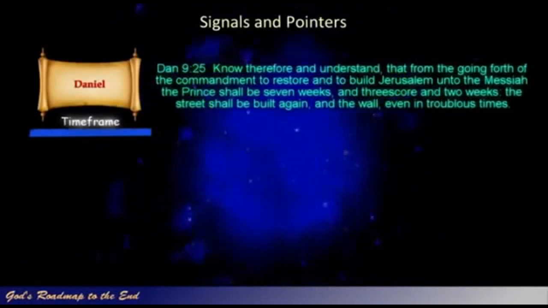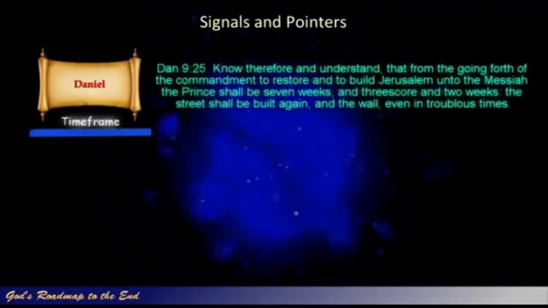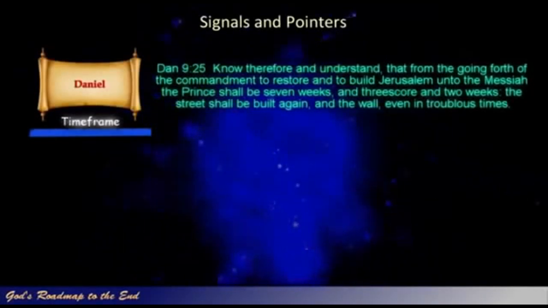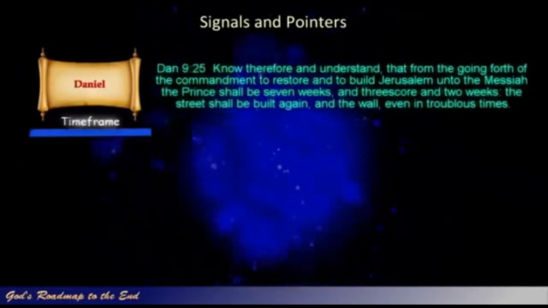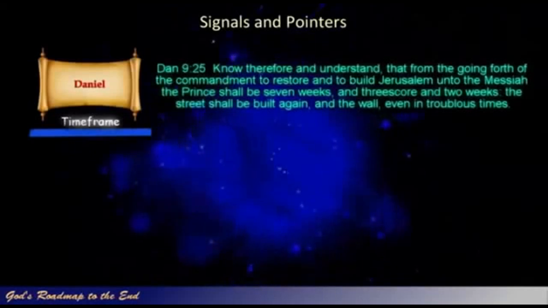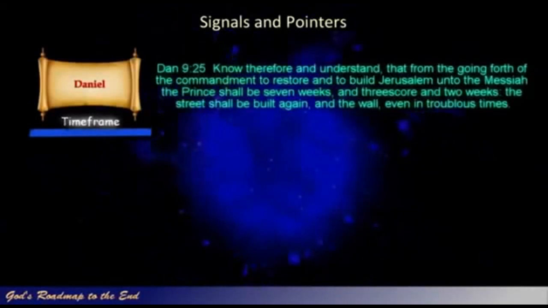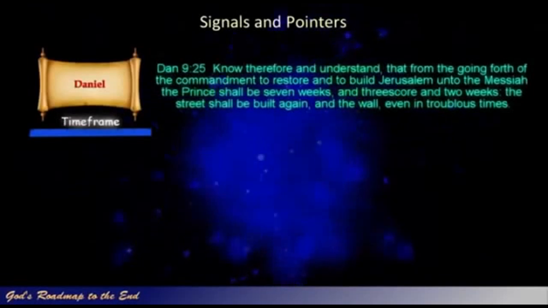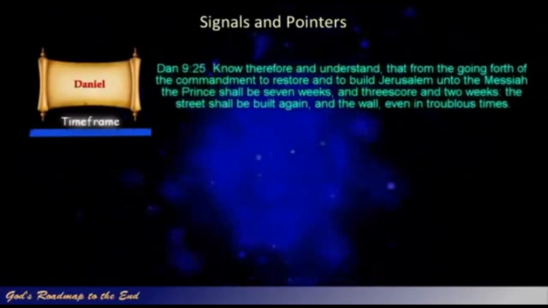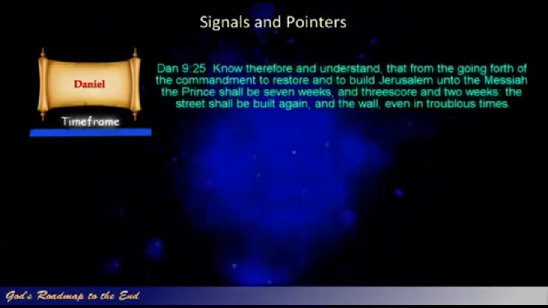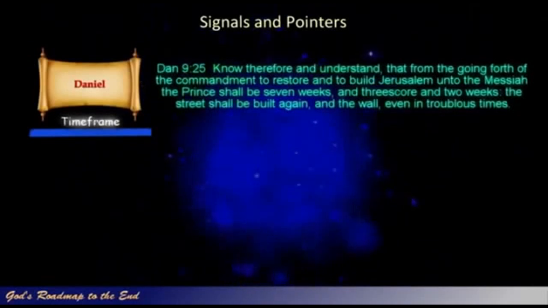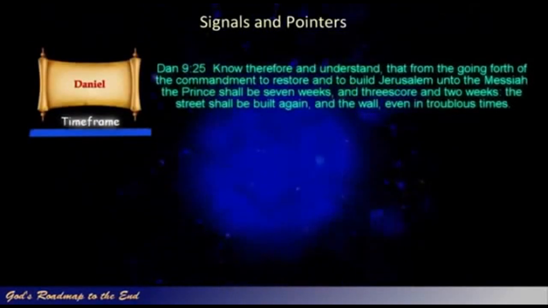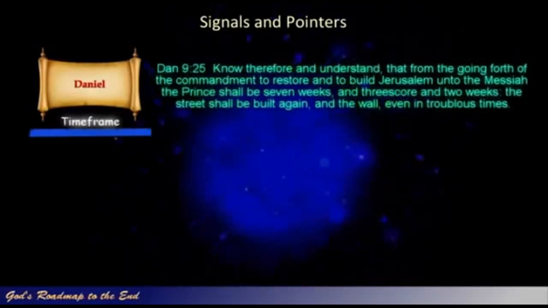Daniel 9 verse 25. "Know therefore and understand, that from the going forth of the commandment to restore and to build Jerusalem unto the Messiah the Prince shall be 7 weeks, and 62 weeks, the street shall be built again, and the wall, even in troublous times." 69 weeks of years, or 483 years after the decree was given to rebuild Jerusalem, by Artaxerxes, Jesus rode into